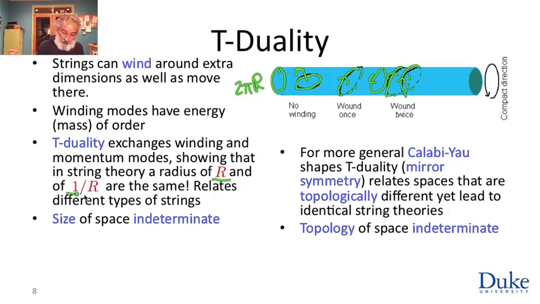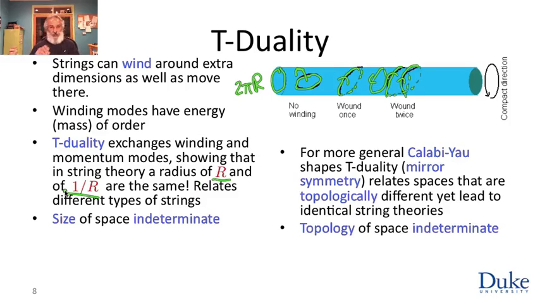Or if you replace that r by 1 over r, note you can worry about dimensions. This has dimensions of length. This has dimensions of inverse length. Indeed, there is in string theory a parameter with dimensions of length squared, which is roughly the string tension, energy per unit length of the string. That turns out, after you put in all the c's, to be the same as dimensions of length squared. This duality tells you that a small circle and a big circle, if you make r very small compared to the string scale, or very big compared to the string scale, you get the same theory.